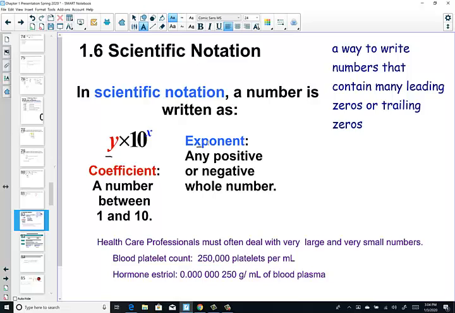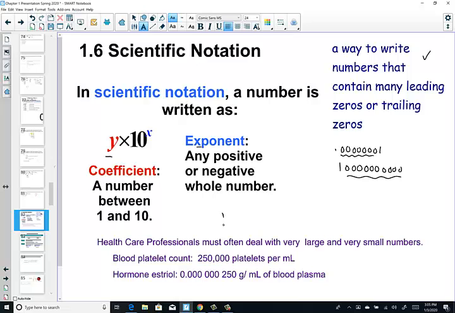Now, the reason we like scientific notation really is a time-saving piece. It's a way to write numbers that contain many leading zeros or trailing zeros. By leading zeros, I mean very, very small numbers, a lot of zeros out front, or trailing zeros, a lot of zeros out at the end of a number. And instead of having to write numbers that are so large with all of these zeros or so small with all of these zeros, we've used scientific notation, a shortcut, if you will, to represent these values by using